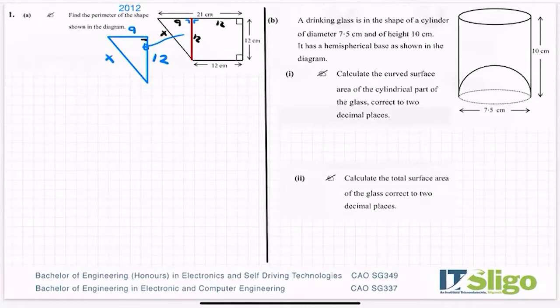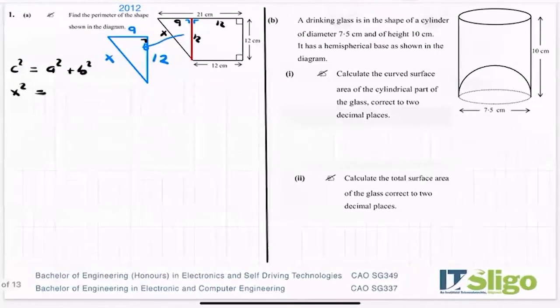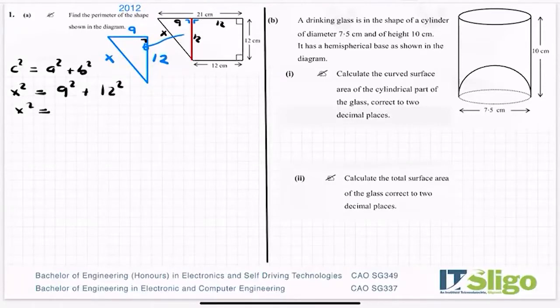Okay, and using trig, how do I find out the length of a side if I have the other two sides? Well, that's Pythagoras' theorem. So c squared is equal to a squared plus b squared. Okay, c is always your hypotenuse, which in our case I just called x, and it's equal to the other sides squared. Okay, so 9 squared and 12 squared,